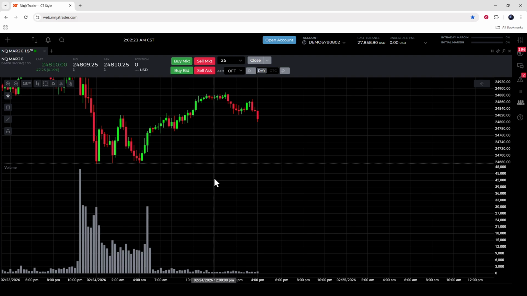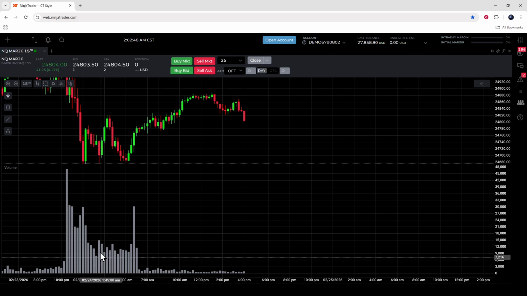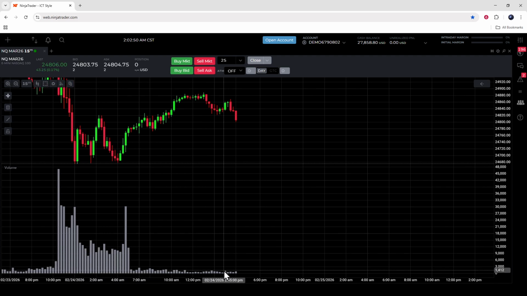At this point, the main goal is to verify that volume is now visible and useful for your analysis. Scan a few recent candles and note how the volume bars rise and fall. Spikes in volume usually indicate increased interest or participation around those price moves. Consistently low bars show quieter periods. Watching how volume behaves as price approaches support, resistance, or key levels can help you understand the strength behind the move. The important thing right now is simply confirming that the volume panel is present and actively updating as your